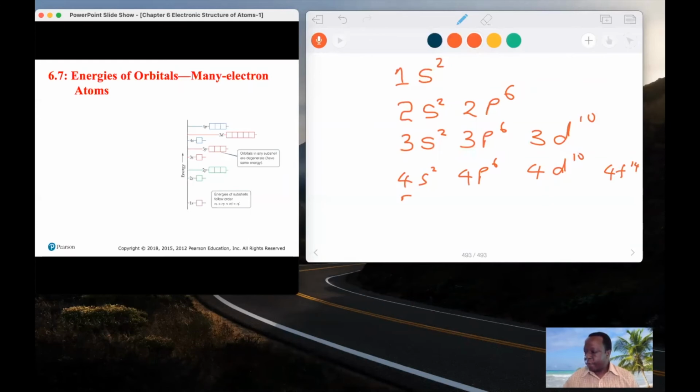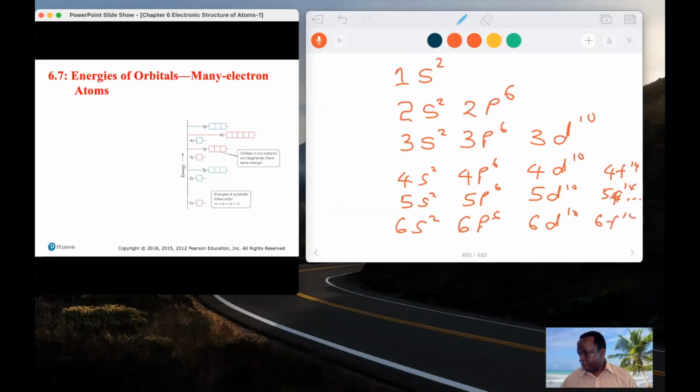If I get to 5, 5s2, that's the maximum number of electrons. 5p6, maximum number of electrons. 5d10, maximum number of electrons, and then 5f14, and then it goes on. 6s2, 6p6, 6d10, and 6f14. If you have this pattern here, you can write the order in which sub-levels are occupied